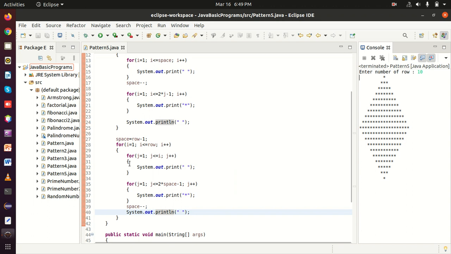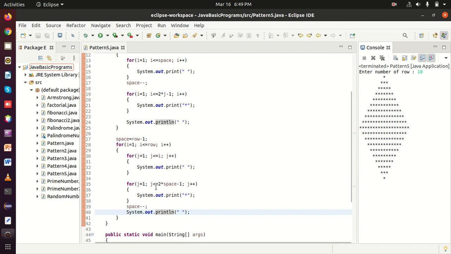So control is going to execute the next loop. So we can see here j equal to 1, j is less than or equal to 2 star space minus 1, j plus plus. Now we have to understand this statement.